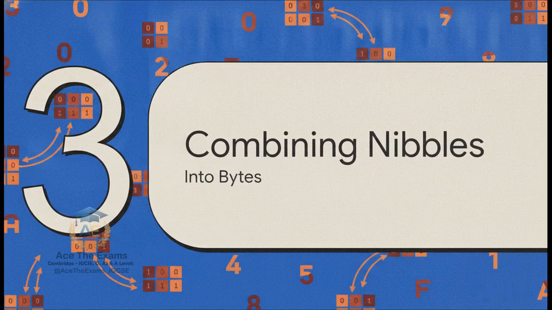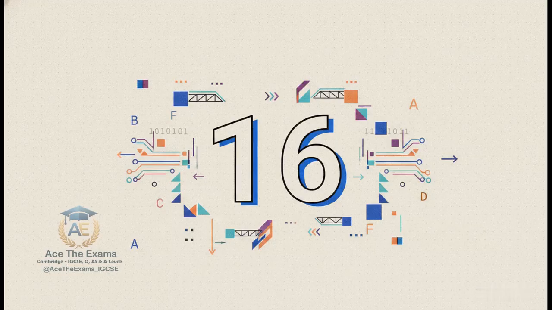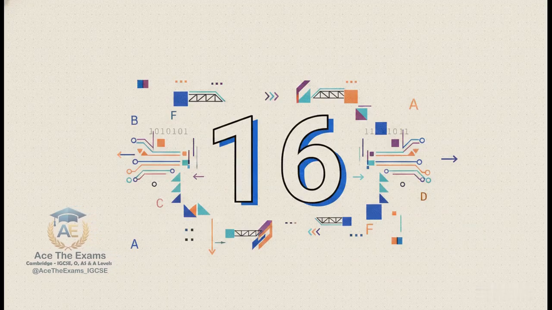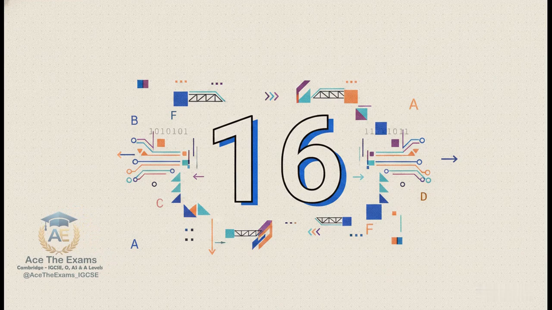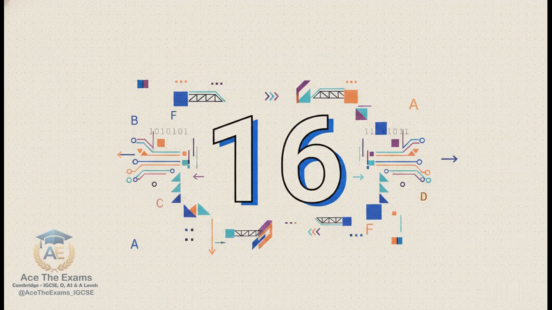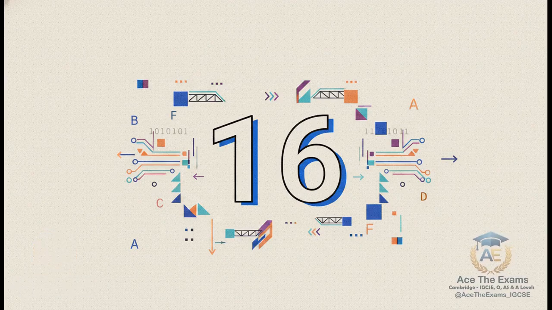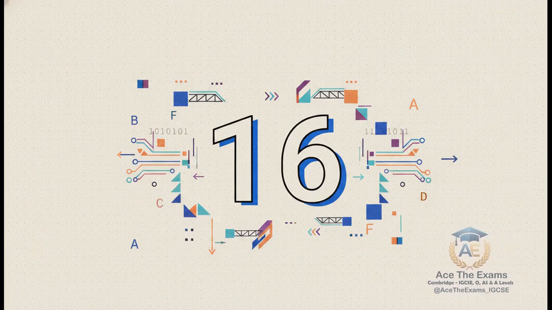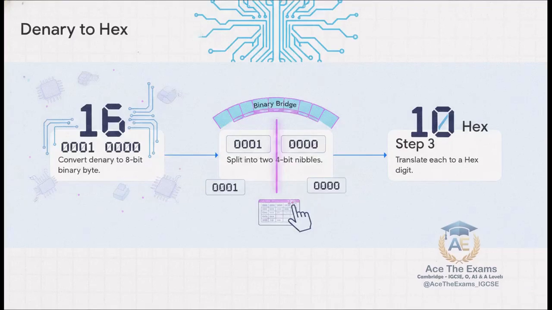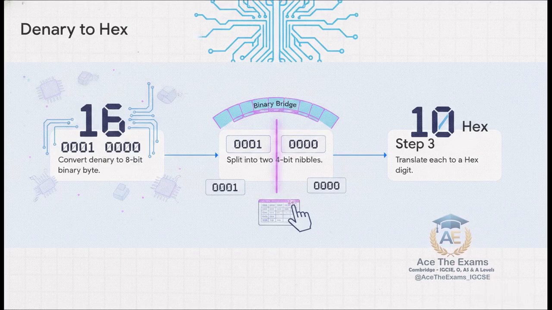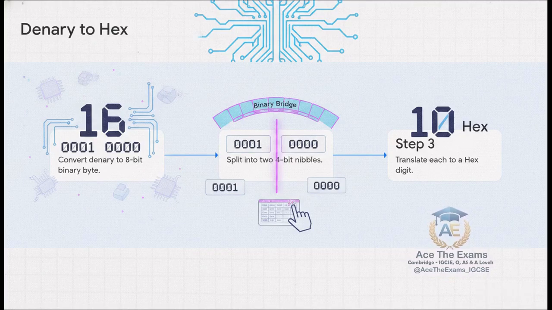Section 3. Combining nibbles into bytes. Now, the exam is never just going to ask you to convert a simple single digit. Let's look at a slightly larger target number, 16. This is where we really start to apply the binary bridge mechanism to something larger than 15. How do we turn denary 16 into a hexadecimal format without completely losing track? Well, we follow these 3 exact steps. Step 1, convert your denary number to an 8-bit binary byte. So, the number 16 in binary is